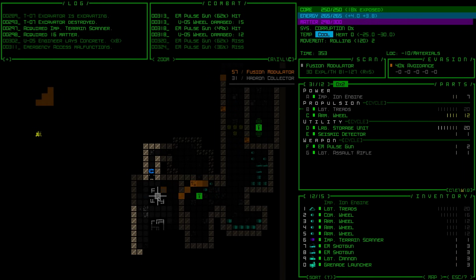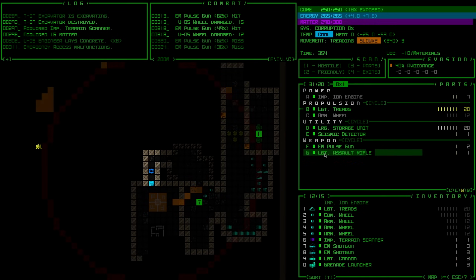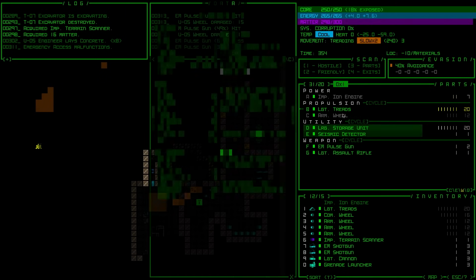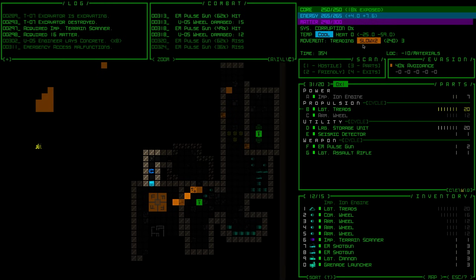Now, what is this? That's a fusion modulator. I think attacking a fusion modulator with a stray shot might be not great. Now we're going to switch to treads. I'm going to turn on my light assault gun as well. I could go for the EM shotgun, actually. Do I want to go full EM? I don't have that great an amount of heat dissipation. That would generate more heat than I can dissipate in a turn. This does as well, but yeah, no, we want to